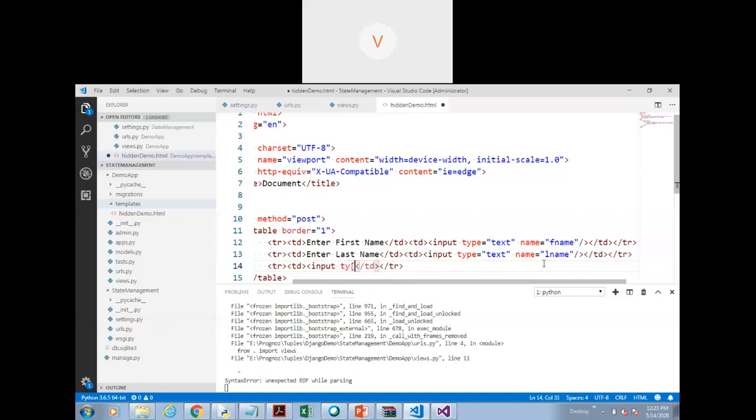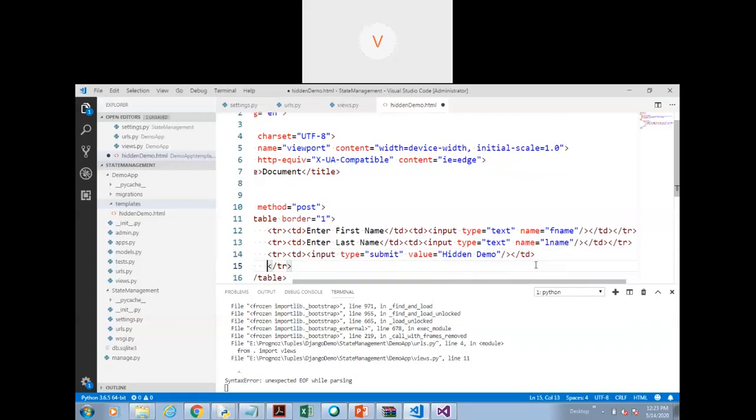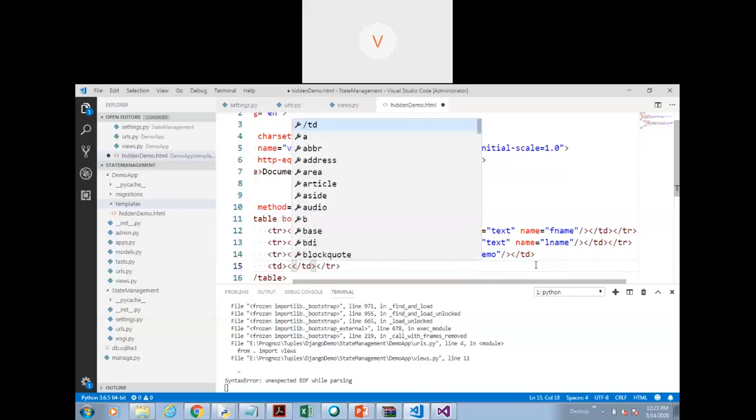Input type is equal to submit, value is equal to hidden demo, like this. And in this section, I will add one more TD section where I will be adding the hidden field.